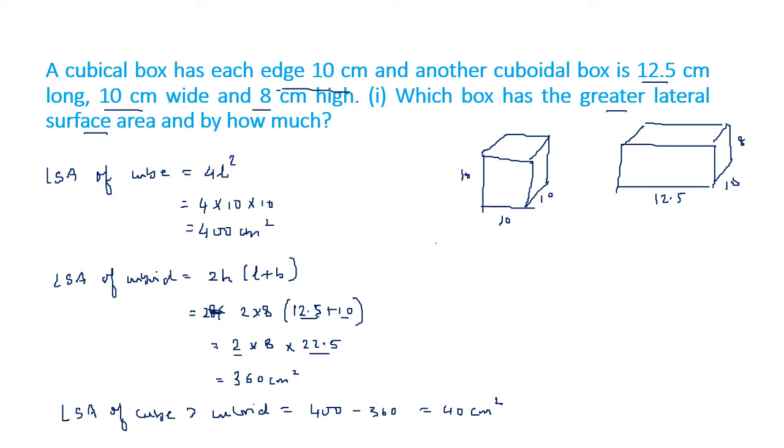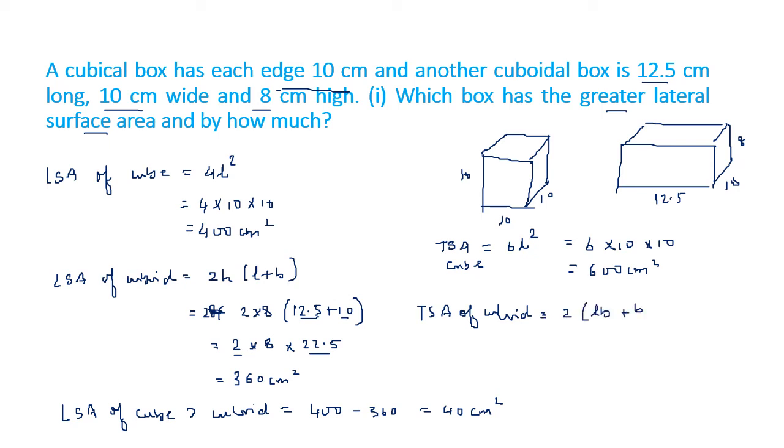Let us also compare the TSA. TSA of cube is 6L square. That is 6 into 10 into 10 equals 600 centimeter square. This is the cube, sorry, I forgot to write. And TSA of cuboid, how to find? 2 bracket LB plus BH plus LH. So 2 into 12.5 into 10 plus 8 into 10 plus 12.5 into 8. You do twice